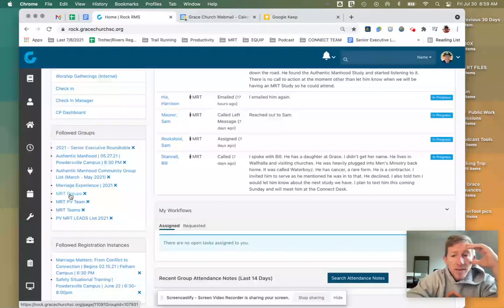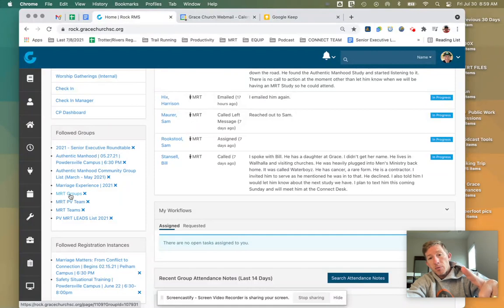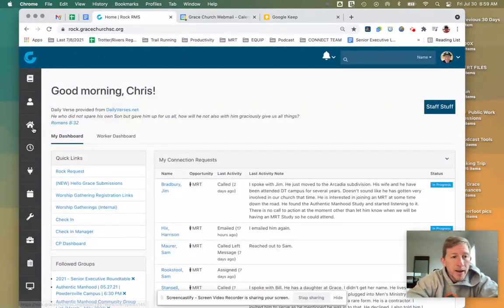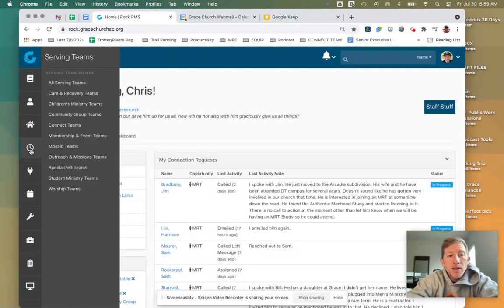Okay, so that's the first area of very much importance. The second area is going to be this clock. These are the men that serve with your team. So hopefully you've been able to build a team. One of the things that I'm going to be working on this year is training for building an effective team. And some of the things that go into that, I'm going to be actually interviewing you guys who lead teams, so that we can have some good resources on that.